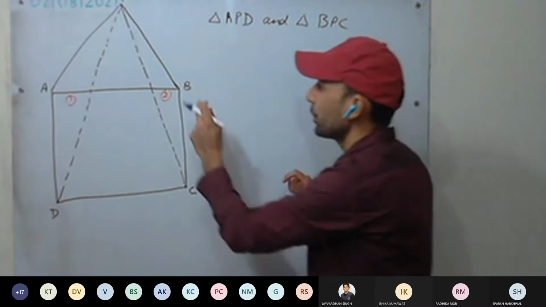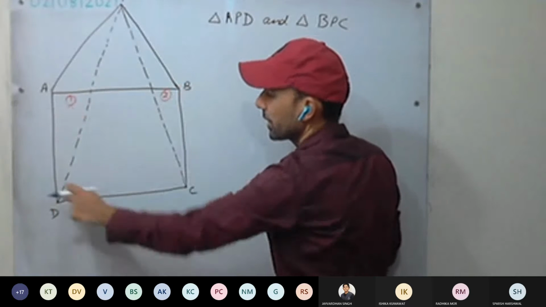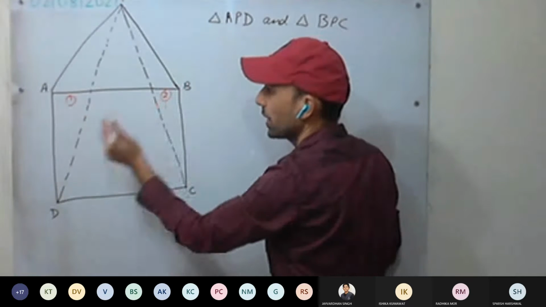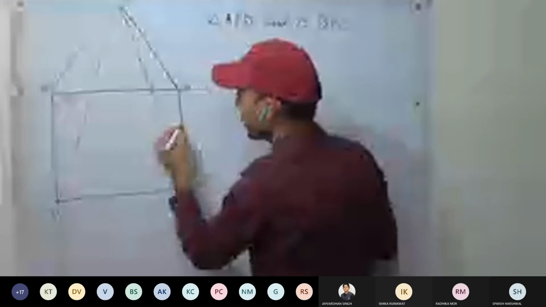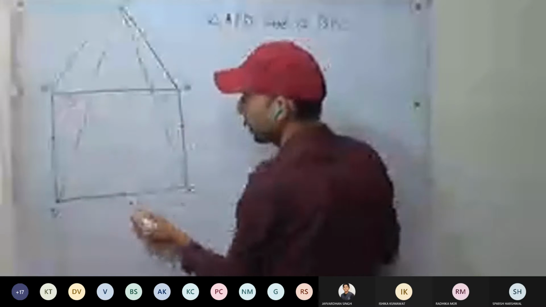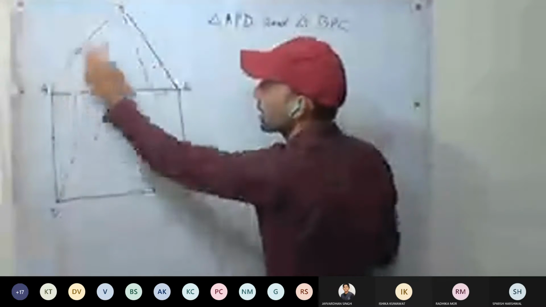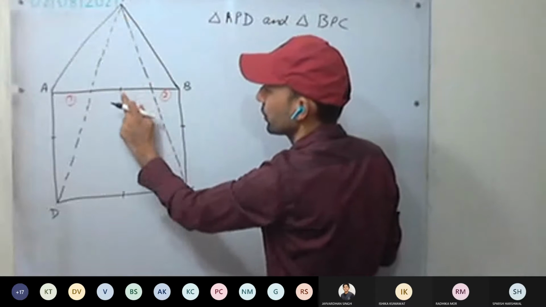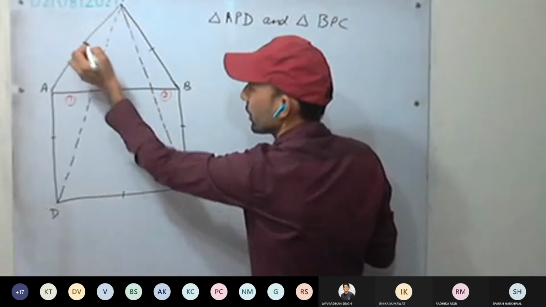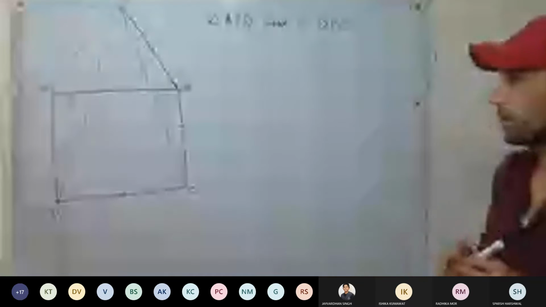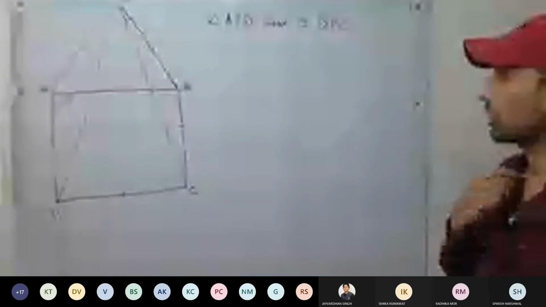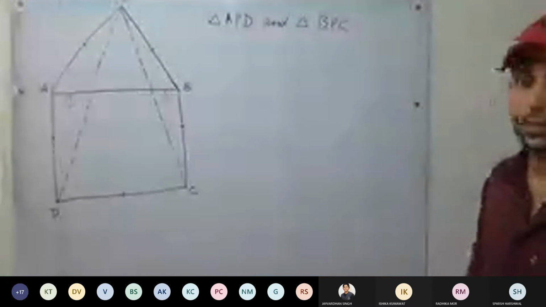Okay, so if this is an equilateral triangle and this is a square, this is a square, it means these four sides are equal. As well, this is an equilateral triangle, so this side is also equal to this one. So these are as well equal. Okay, this is given. So how are we going to prove them to be congruent?